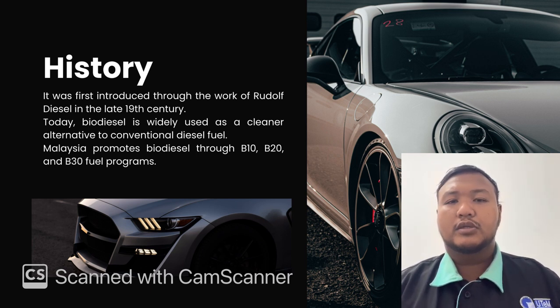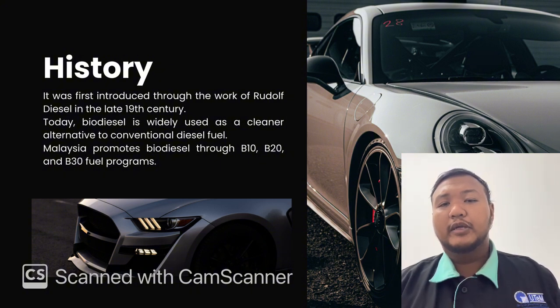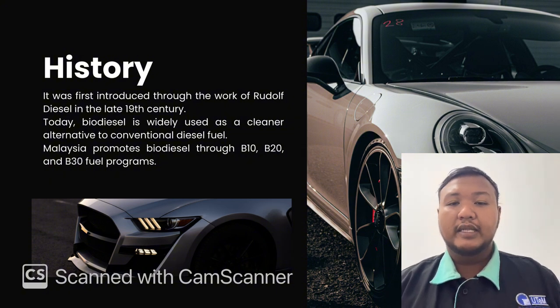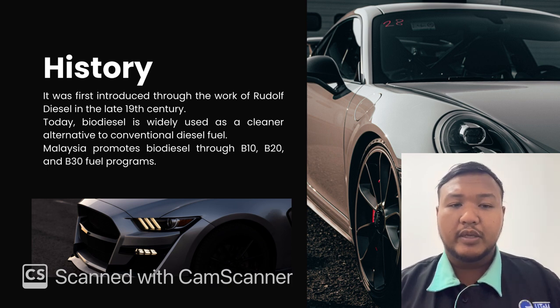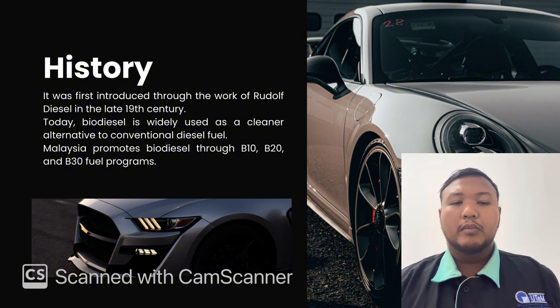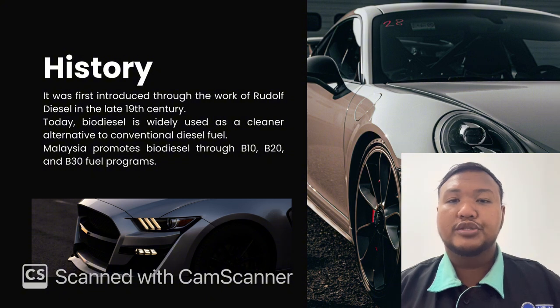First, biodiesel is stored inside the vehicle's fuel tank. The fuel pump then delivers the biodiesel through the fuel system and into the fuel injectors. The injectors spray the biodiesel into the combustion chamber, where it mixes with highly compressed air. Due to the high temperature created during compression, the fuel ignites automatically without the need for a spark plug. The combustion process produces energy that pushes the piston downward, causing the crankshaft to rotate and generate power to move